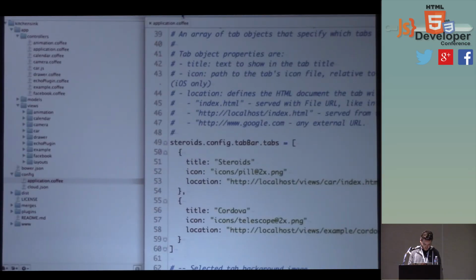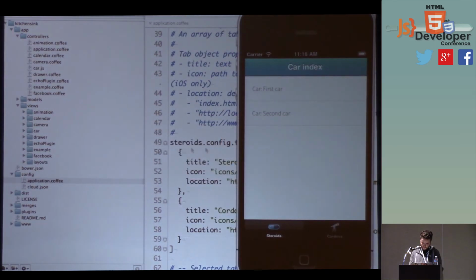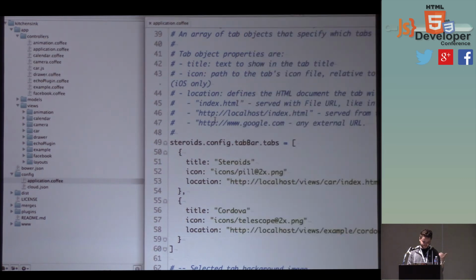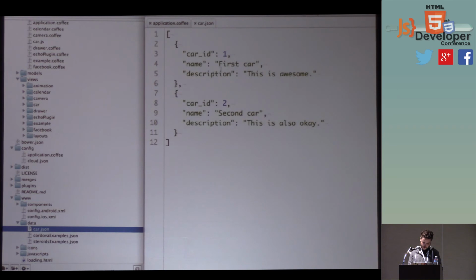So now I generated a data resource that uses local data. It looks like this. So you have some data of the first car and the second car. The data comes from a local JSON file in the www folder. So there's data, car JSON. So when you change this,